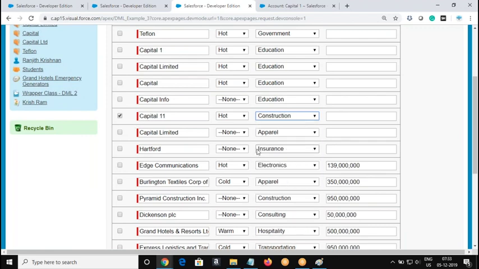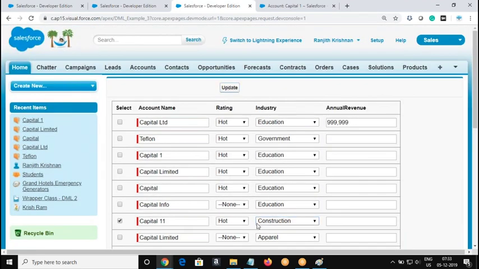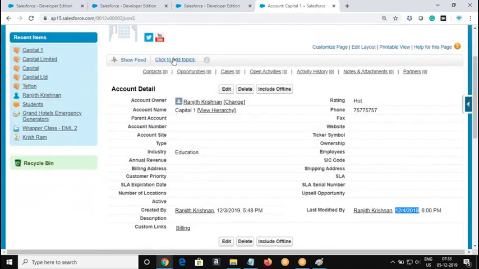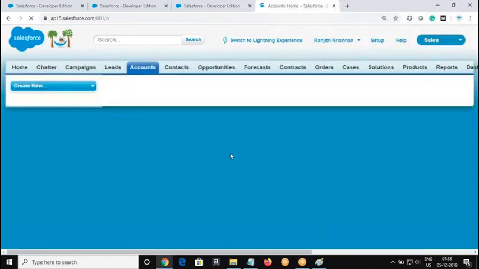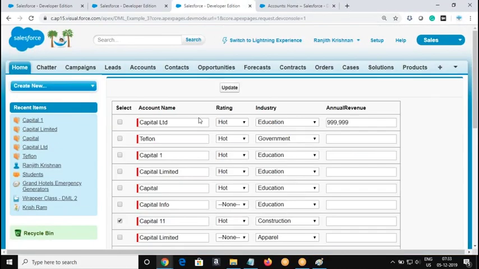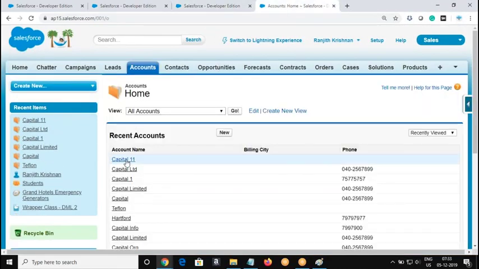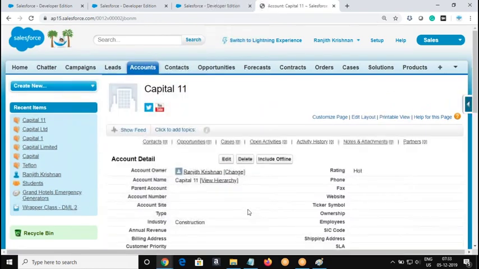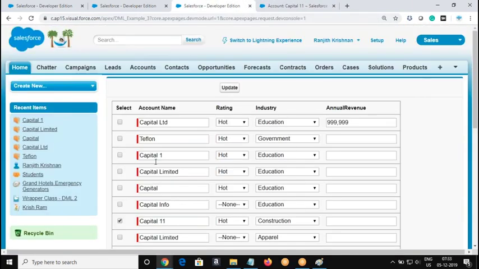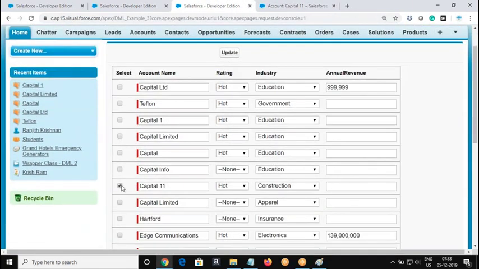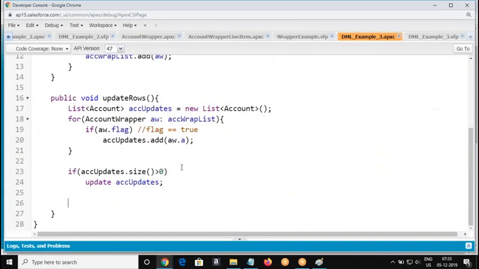Okay, just made it update account. Okay, modified. Yes, it's modified. But what my expectation is, we need to deselect this. How to do that? All you have to do is once it is